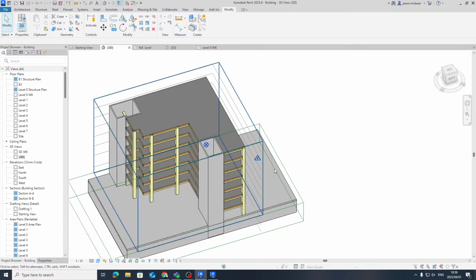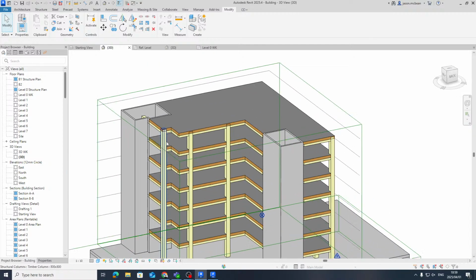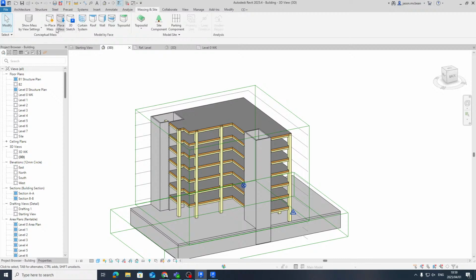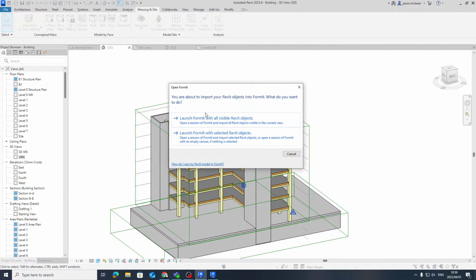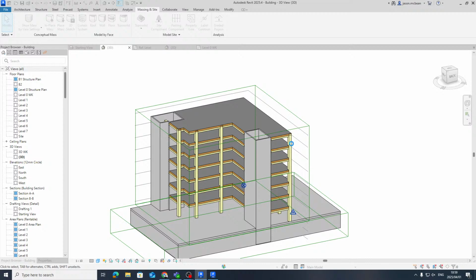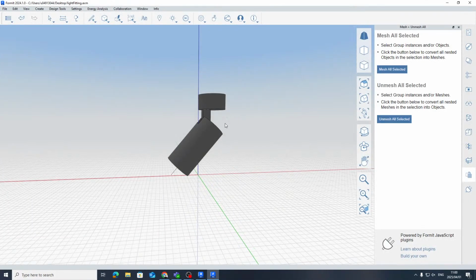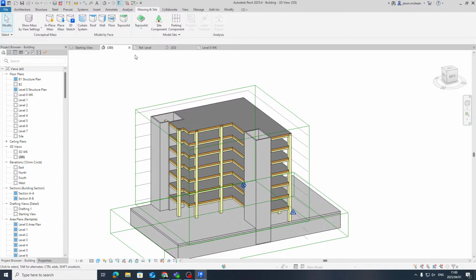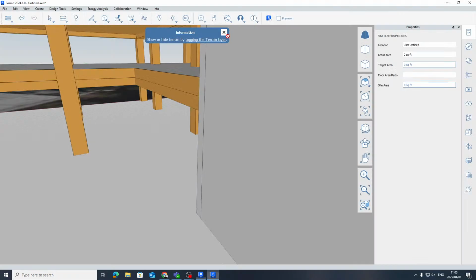Okay. So for example, if I want to rearrange this model quickly, what it used to allow me to do was in Massing Insight, I could say, listen here, take all this information and open it in Formit for me. So now it would take this model, then in Formit, I could continue modeling. So I just want to show you how this works. It might close this version and open a new one, so don't save. So let me just, there we go.